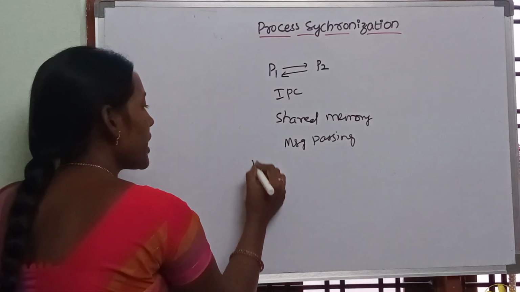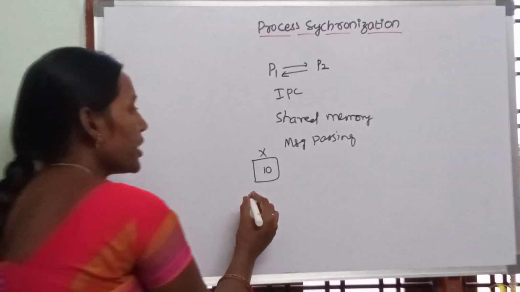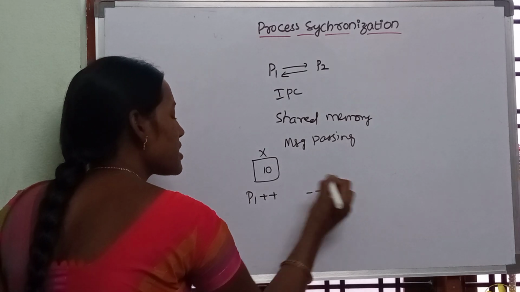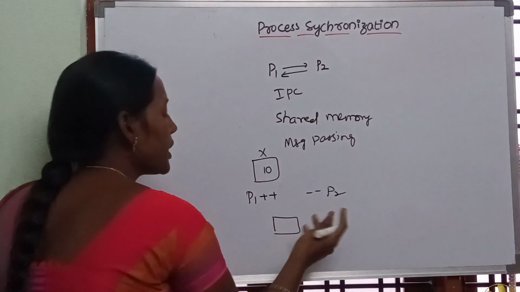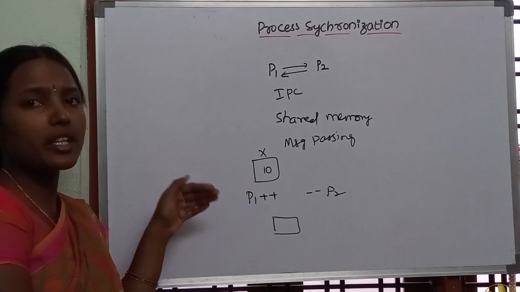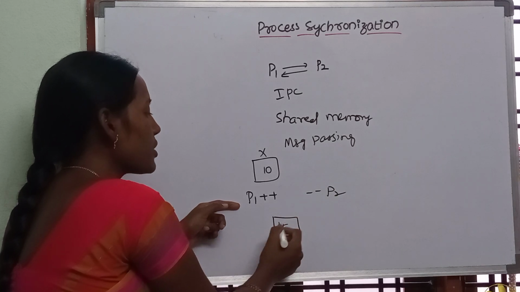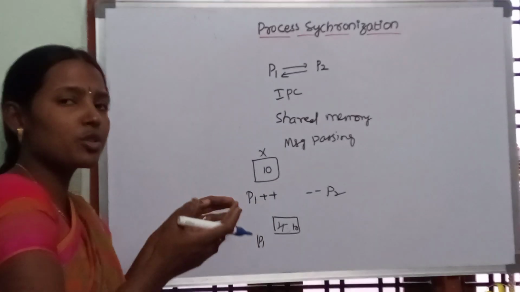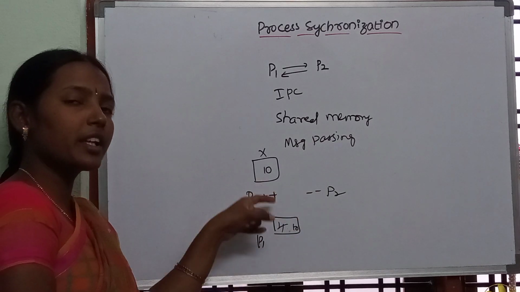Consider that there is a shared variable x with the value 10. Now P1 is incrementing the value and at the same time P2 is decrementing the value. P1 and P2 have no idea how the increment or the decrement is happening. Initially P1 increments, so it becomes 11. Automatically P2 decrements, and now it becomes 10. Now P1 assumes that it incremented the value, so it should be 11. But P2 assumes that it decremented the value, so it should be 9. But it is 10 only.